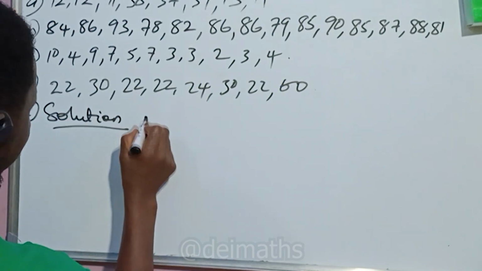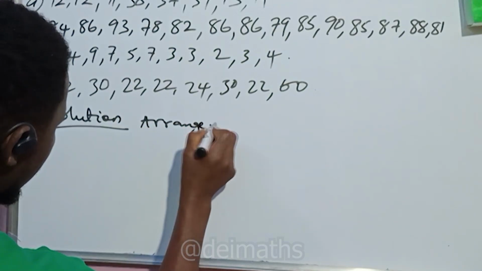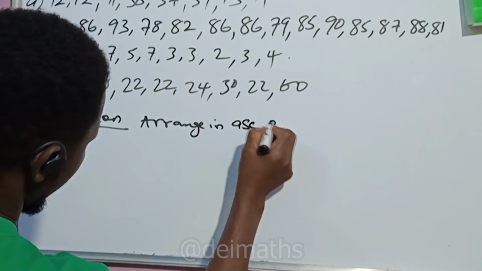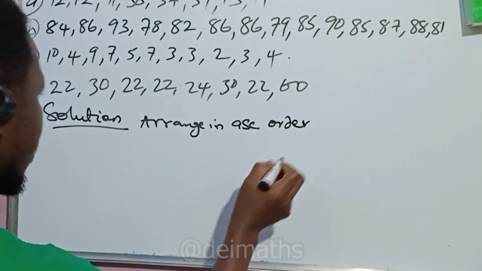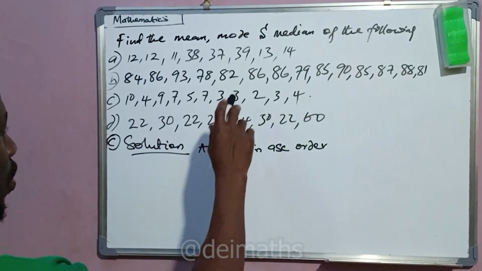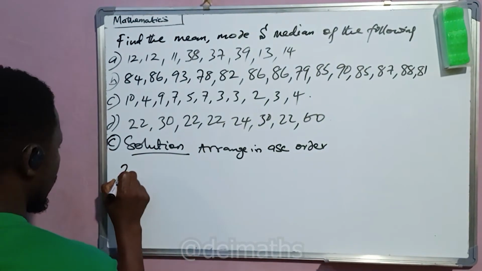Step 1 is arrange in ascending order. Now, to arrange in ascending order, we look for the smallest number, which is 2. We arrange now 2,